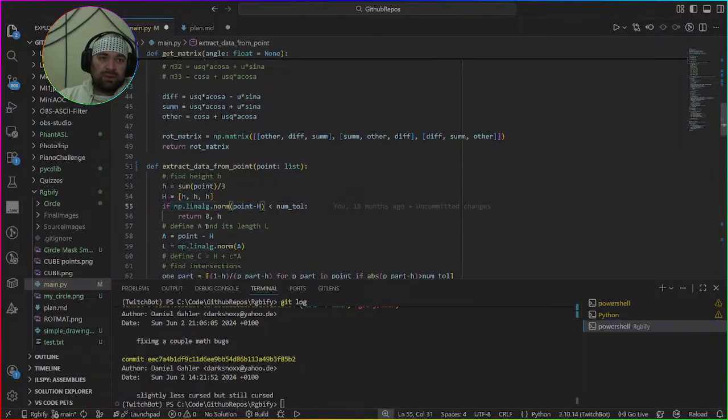So if the point is too close to its height,